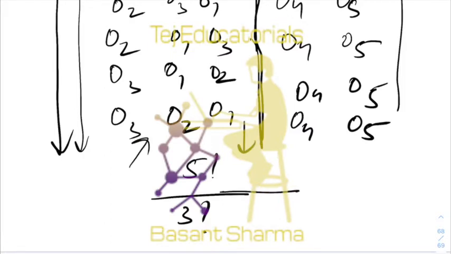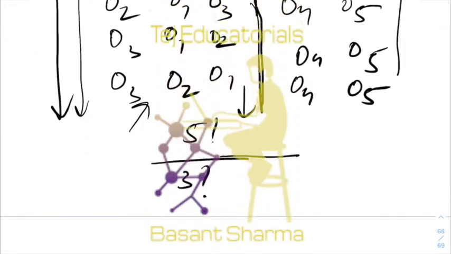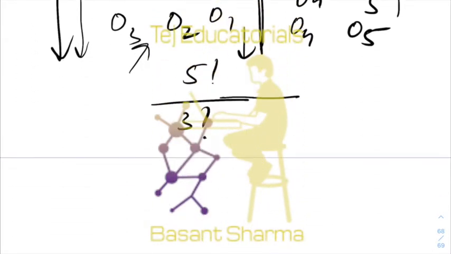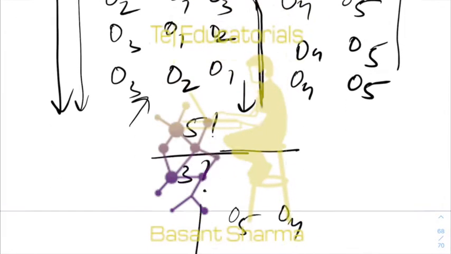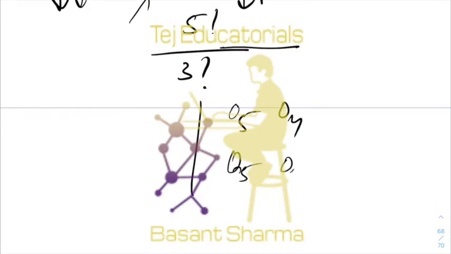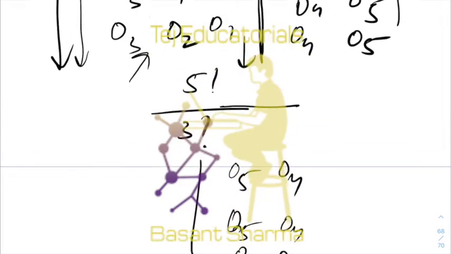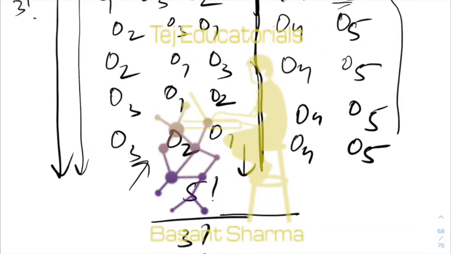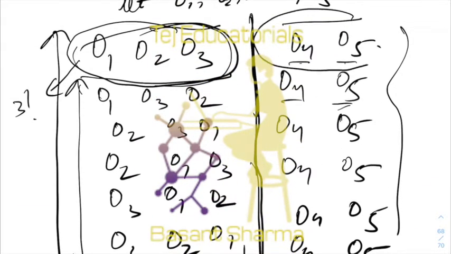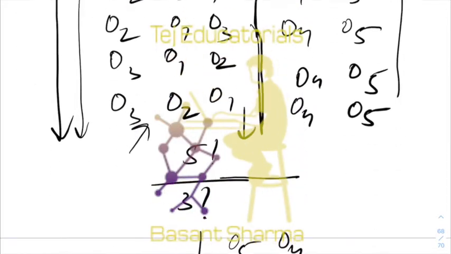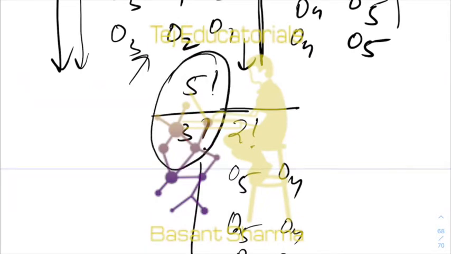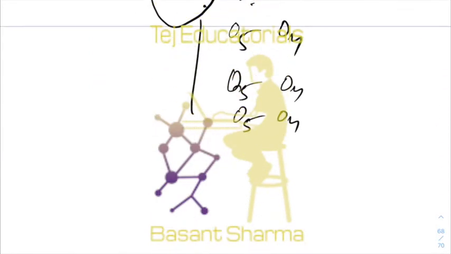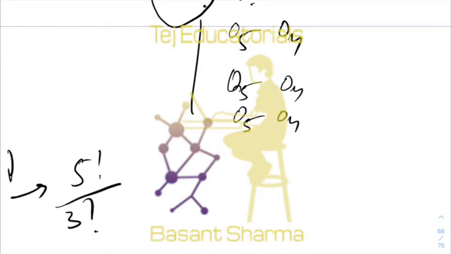Now, but still you could have the following case, right? You could have O5 O4. In all these cases you had O4 O5, right? You could have O5 O4 also, right? So there are two factorial arrangements. Corresponding to every arrangement, you have two factorial arrangements of this also, right? So you have to depermute by that also, right? The resultant permutations.